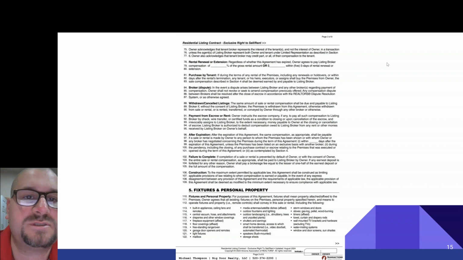Broker disputes. In the event a dispute arises between listing broker and any other broker regarding payment of compensation, owner shall not revoke or seek to amend compensation previously offered. Any compensation dispute between brokers shall be resolved after the close of escrow in accordance with the realtor's dispute resolution